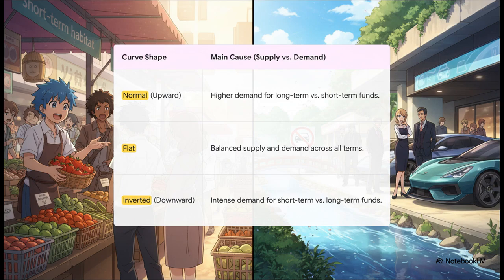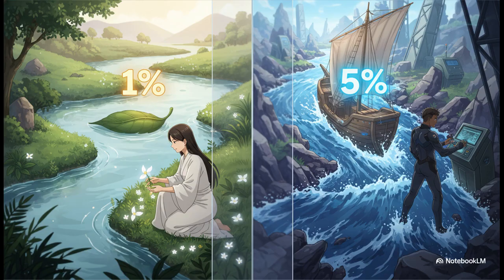A flat curve? Simple. Supply and demand are pretty much balanced across the board. An inverted downward-sloping curve? That's a sign that there's intense, desperate demand for short-term cash, which pushes those short-term rates through the roof. So here's the absolute key to this whole way of thinking. Because these markets are seen as separate, you can have these huge differences in interest rates, and they can just stay that way. A one-year bond could yield 1%, while a 30-year bond yields 5%, and you wouldn't see a giant flood of investors selling the 1% to buy the 5%. Why not? Because the theory assumes the people in the one-year market are there for a reason, and they aren't going to make that jump. There's no real arbitrage to even things out.